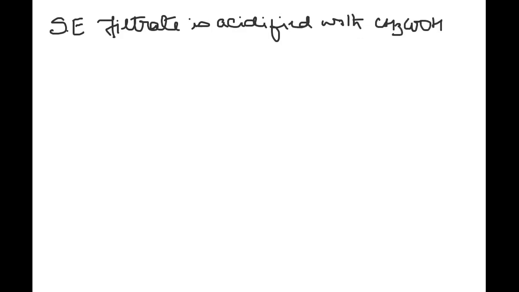After acidifying, this is what I want you to remember: it is acidified with acetic acid. Now you take a little portion of this filtrate and test for the anions till you get the right one. You may be lucky and get the anion in the first test only, or you may have to do at least 3 tests with no positive result and wait for the 4th test to get a positive result.